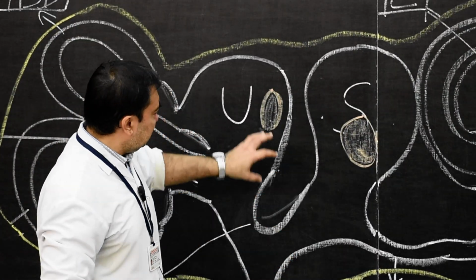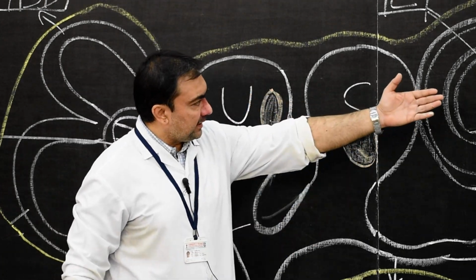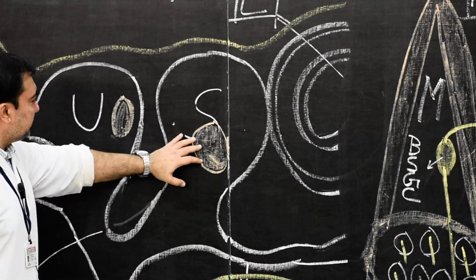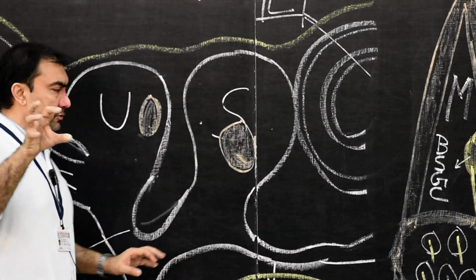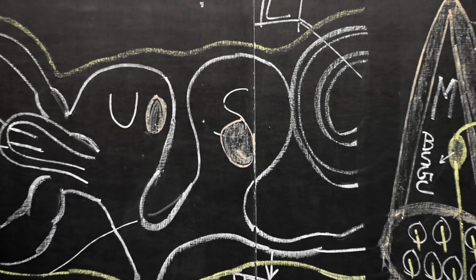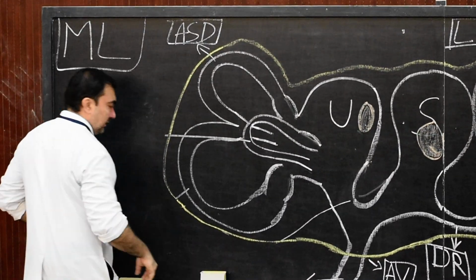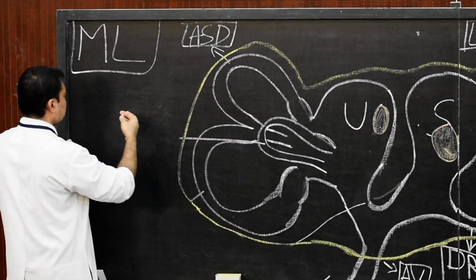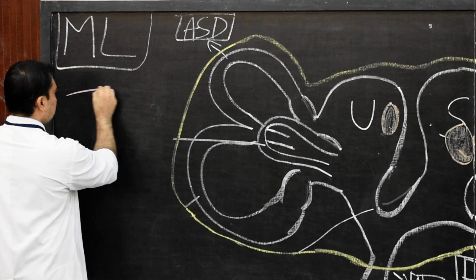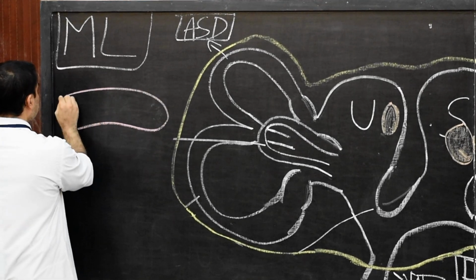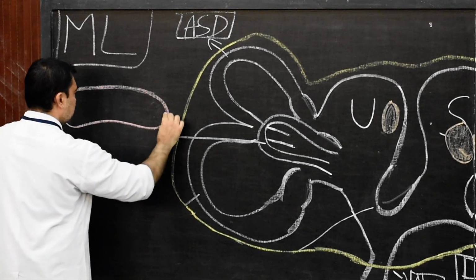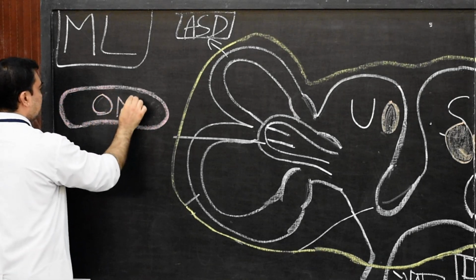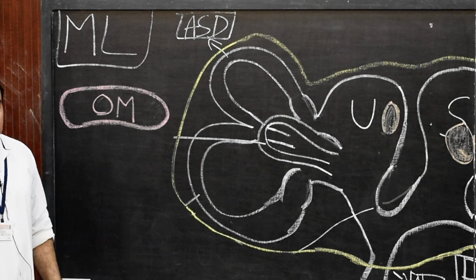Now, what are the cells which are present in this macula? Just as in the spiral organ of Corti, where we drew the various cells in detail, similarly, what are the cells which are present here? We are going to draw a very limited structure. First we will draw the gelatinous mass, as was present there, and here that gelatinous mass, ovoid in shape, will be known as the otolithic membrane. So I will write here: otolithic membrane, gelatinous mass.